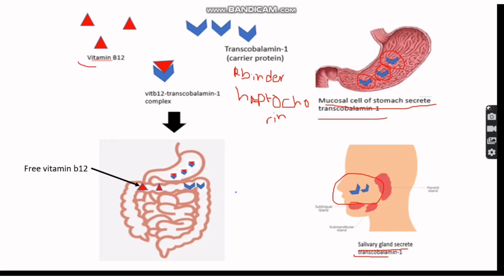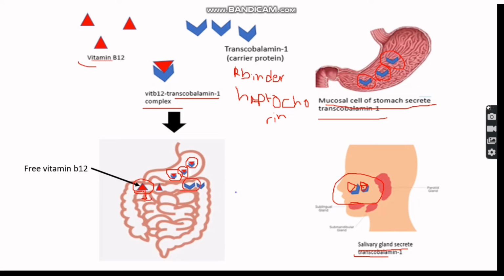So once vitamin B12 is consumed via supplements, where it is already present in free form, in the mouth and in the stomach, vitamin B12 meets its carrier protein. Note that this complex will remain bound to each other unless or until it enters the intestine, the duodenum part of the small intestine. So when this complex, vitamin B12 and transcobalamin 1, reaches the duodenum, vitamin B12 will be released from this receptor,